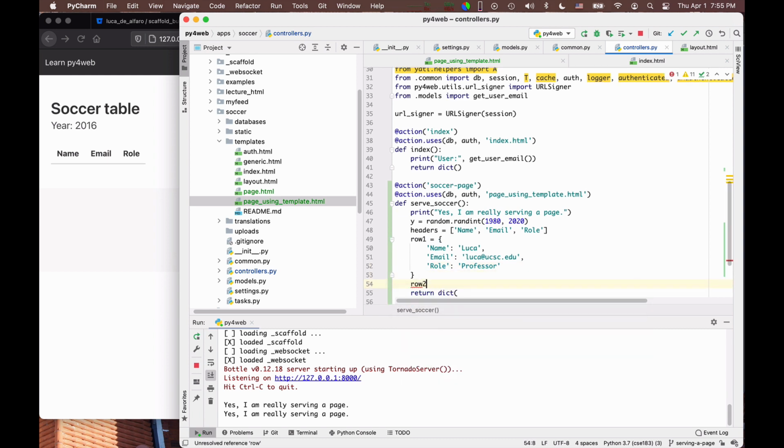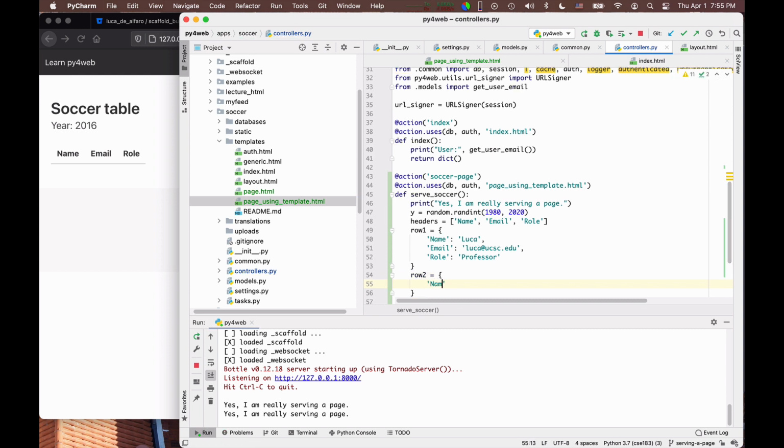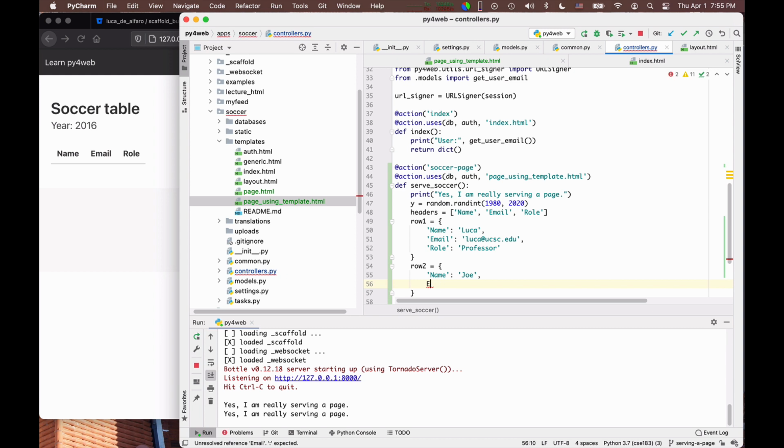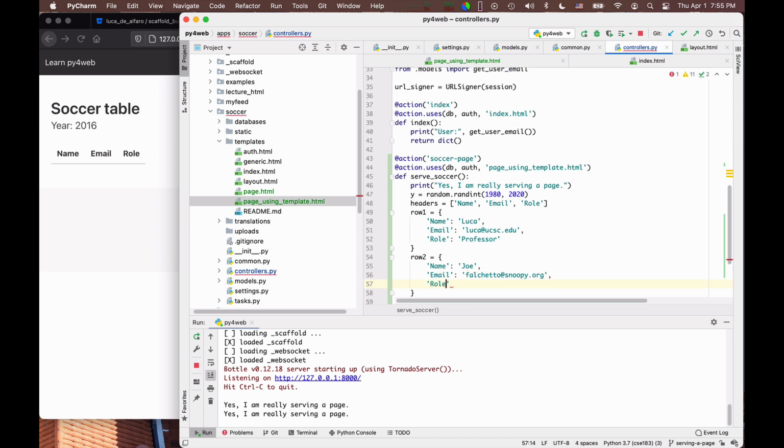Let me just be faster, in which again name is, I don't know, like Joe, and the email is like Falchetto at snoopy.org, and you know, the role, I think it would be sort of, you know, cool guy. Joe Falchetto, for those of you who read Peanuts. Okay, so I have two rows that are dictionaries from headers to content.